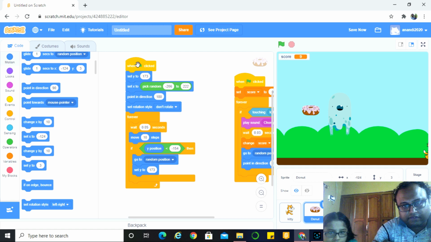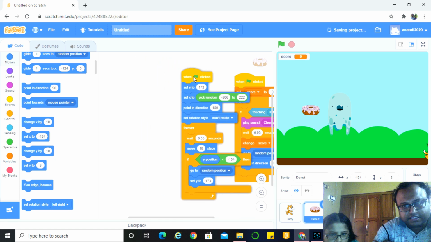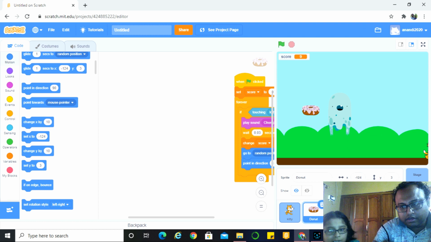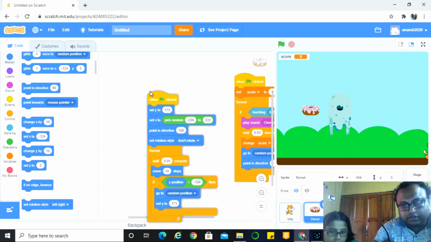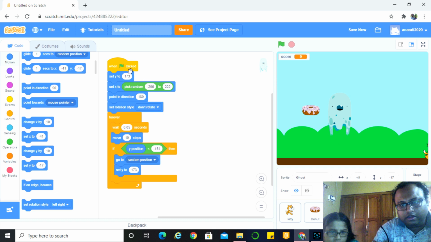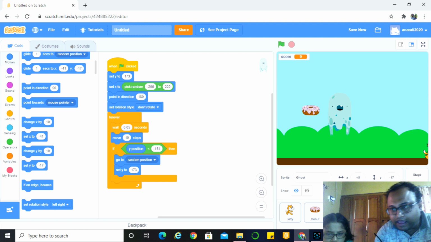So okay, just click here, drag this whole block, and when the ghost shakes, you will leave the mouse. This is the shortcut. Or else you can go to the ghost and do the same thing. So we have told a shortcut. Let's make the ghost a bit smaller so that the cat cannot see it.